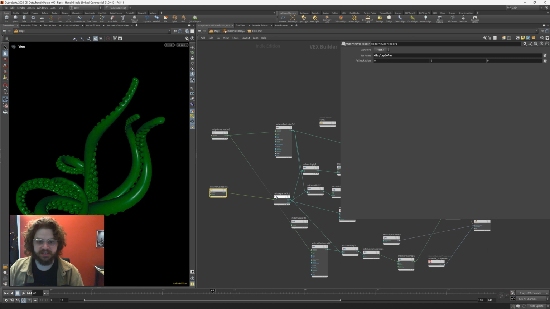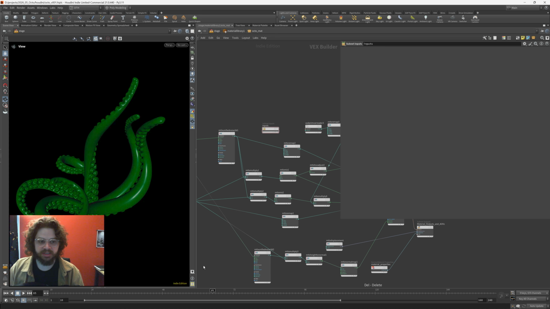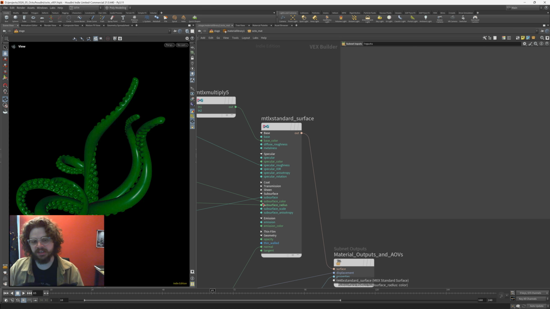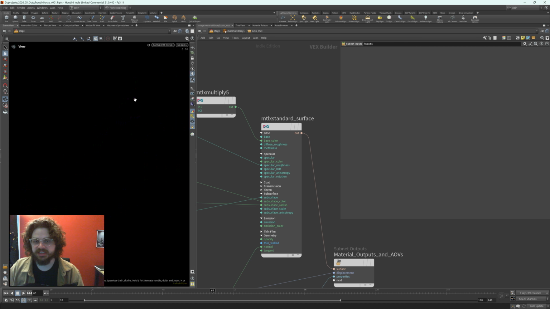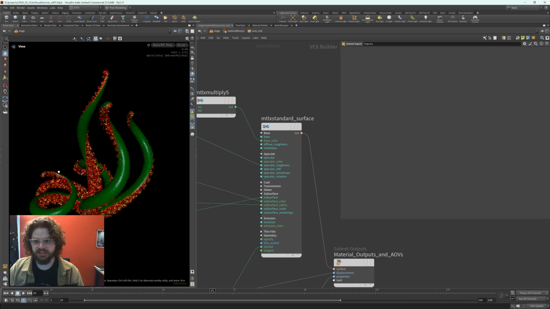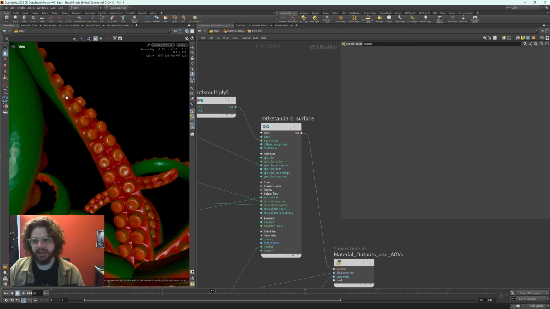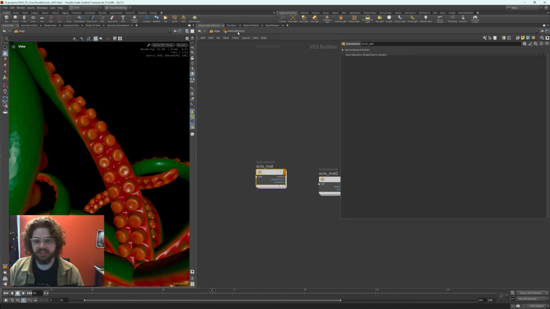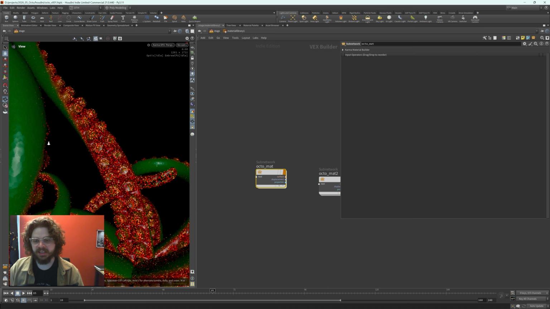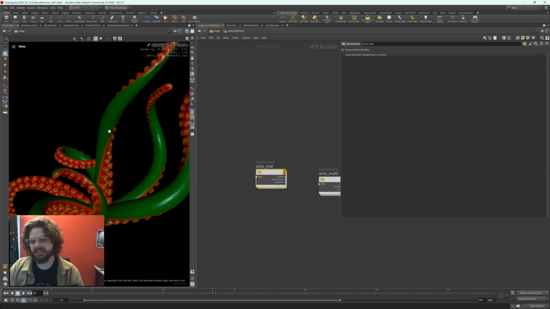And then I combine that with the display color, which just designated the top and bottom of the tentacles that we had gone over, to drive how much subsurface scattering this has. So a lot of the nice tentacle look comes from the subsurface scattering. So the base of the tentacles here. So we have no lighting here, but the base of it has this very fleshy look, and then the top has more of a non-subsurface snake look almost, with a little bit of bump mapping on there as well,